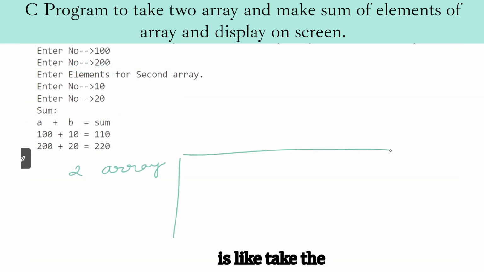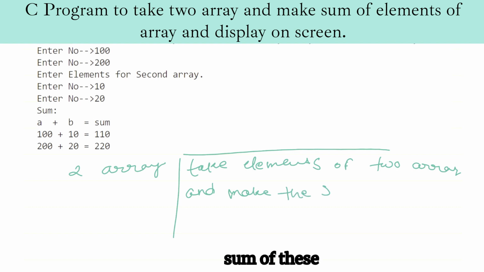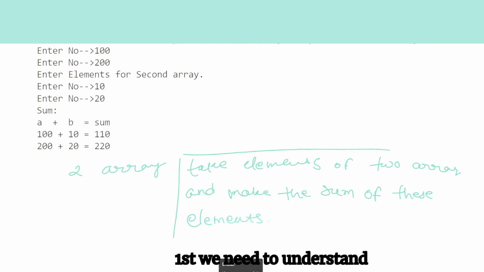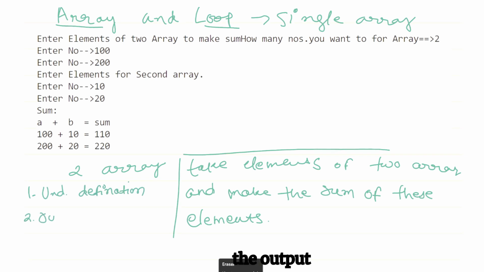The program is like: take the elements of two arrays and make the sum of these elements. So, to learn this, first we need to understand the definition, understand the output,